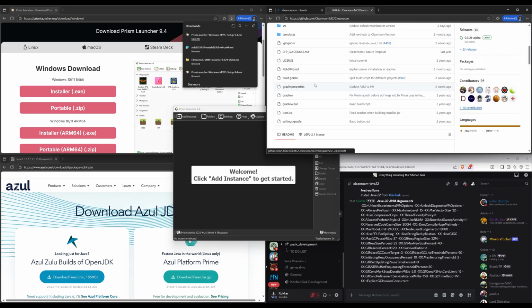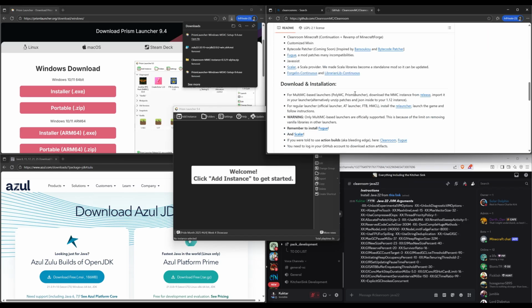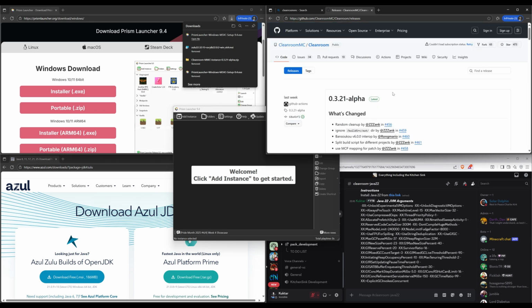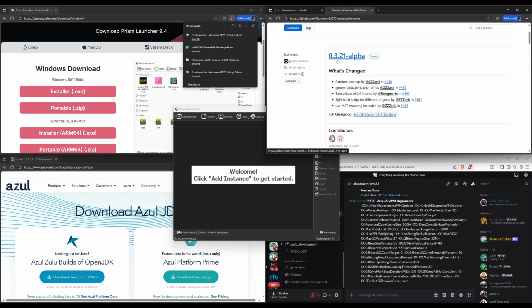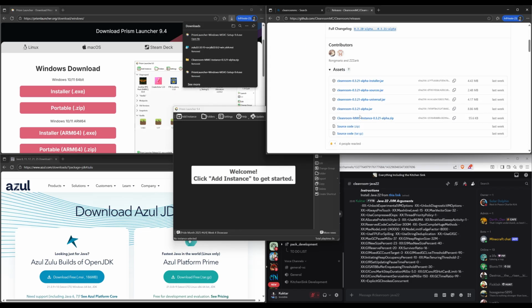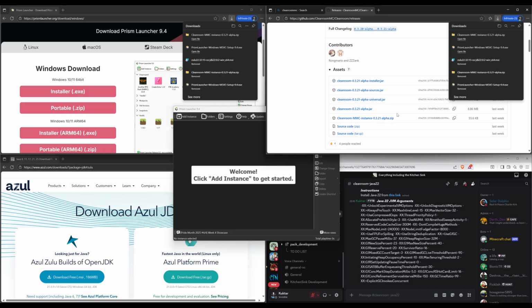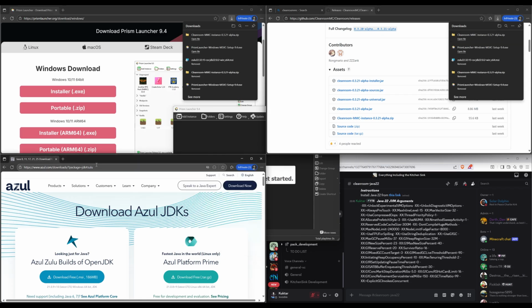Then you're going to scroll down until you see the releases page. When you see that, you're going to click release. This first topmost release, 3.21 alpha, is going to be the one that you're looking for. You're going to click the Cleanroom instance, 3.21 alpha. Once you see the file is downloaded, you're then going to go over to this